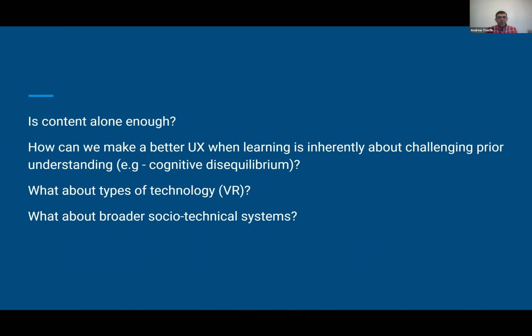And as much as I think we're starting to gain some clarity as to what the constructs are, or what some of the different parts of learning experience design are, I think there's still a lot more research to be done as we look at different populations and different types of technology to understand what that learning experience design is. So I wanted to leave time for questions.